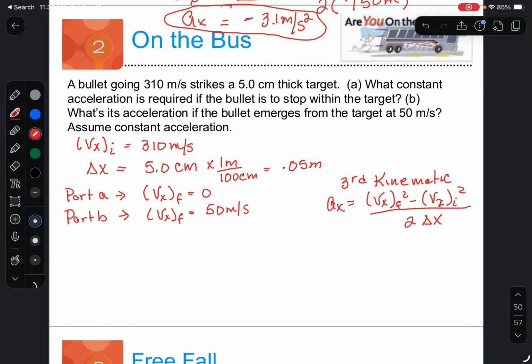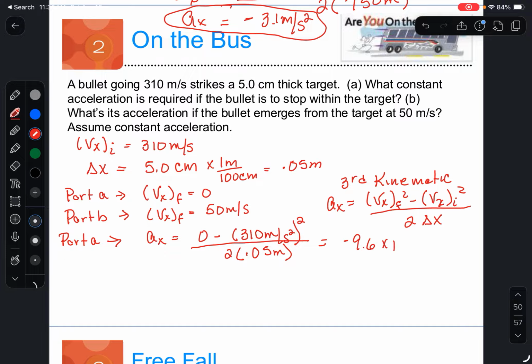So that's the equation we're going to use for part A as well as part B. So in part A, we're going to have a_x equals 0 minus 310 meters per second, all squared, divided by 2 times 0.05 meters. That will give you a negative 9.6 times 10 to the 5th meters per second squared